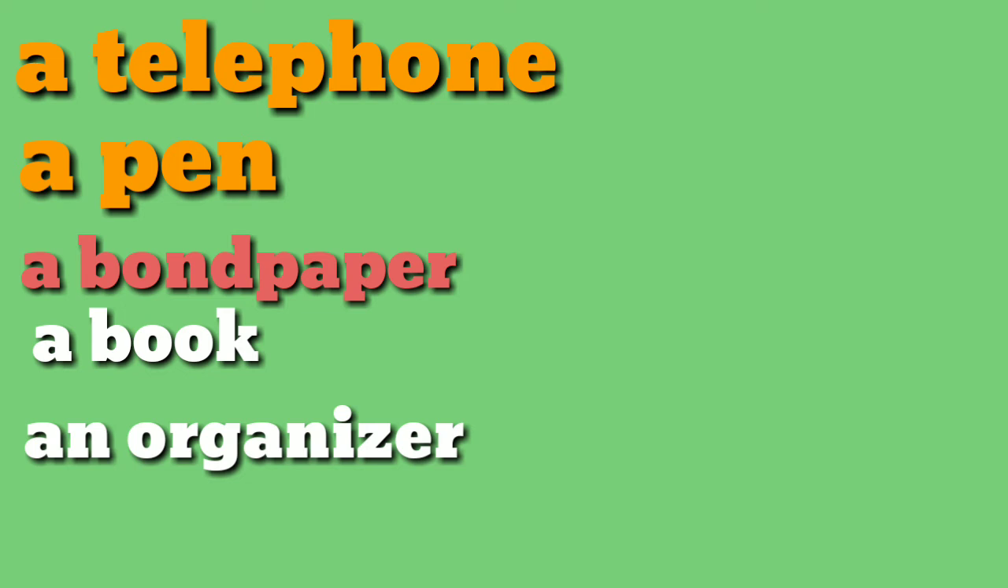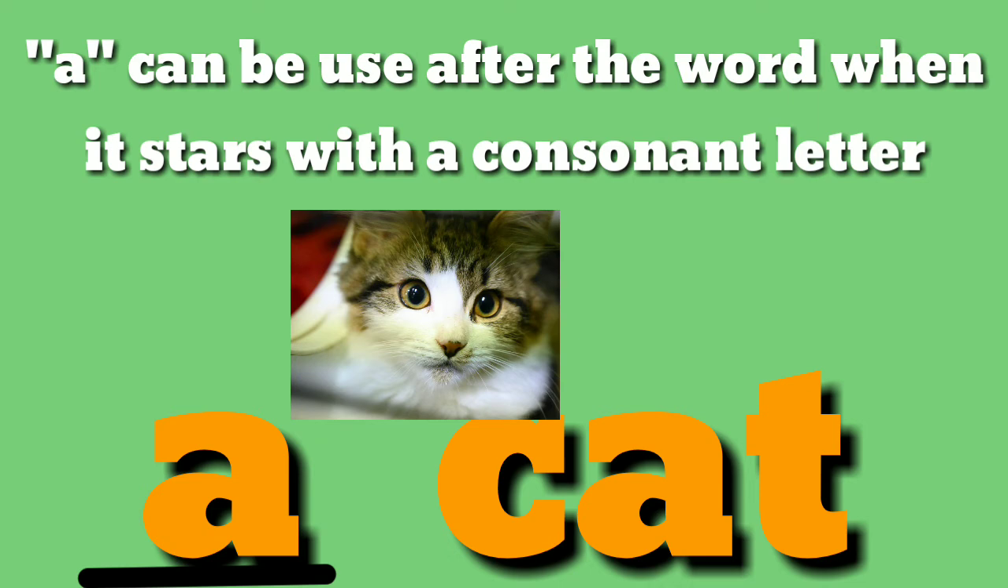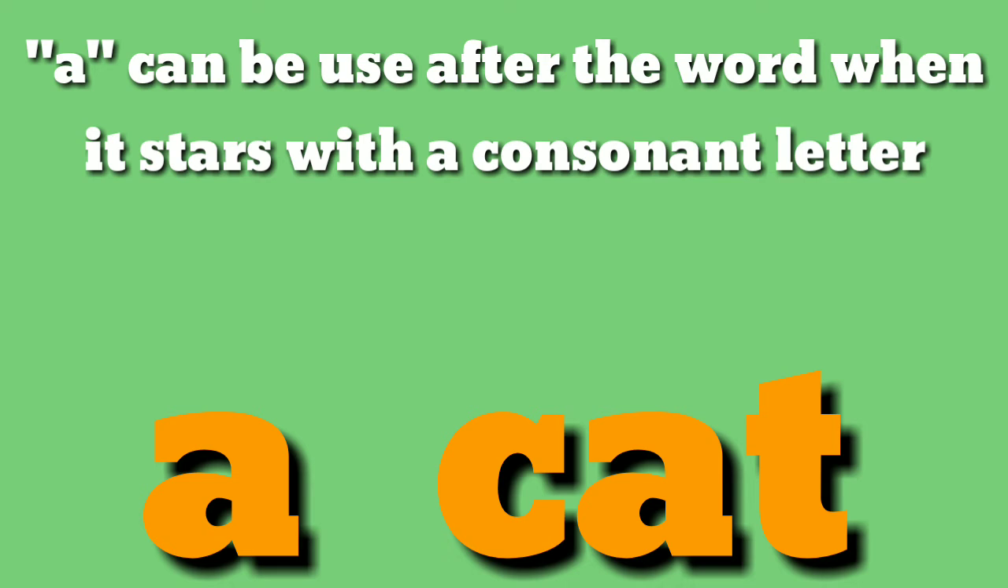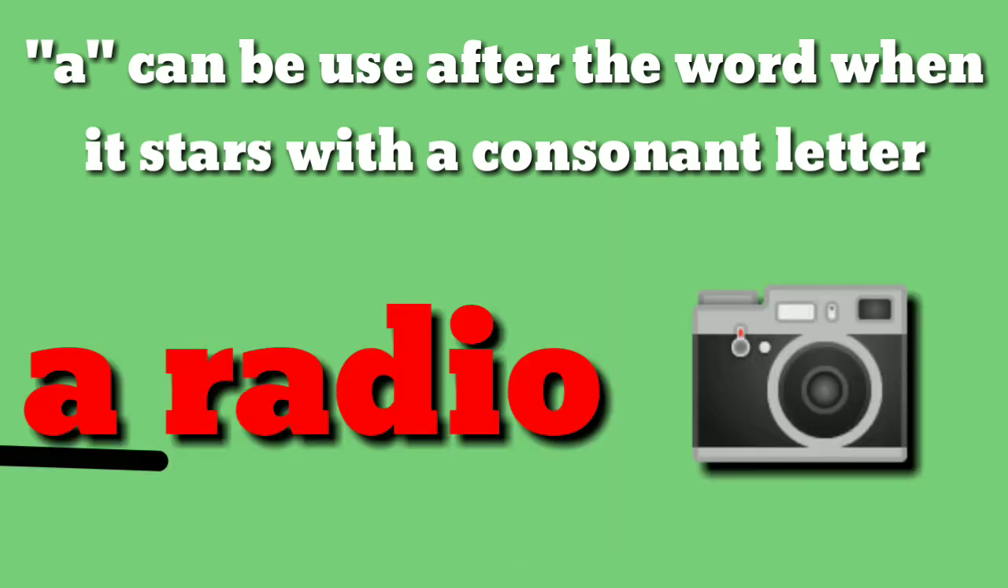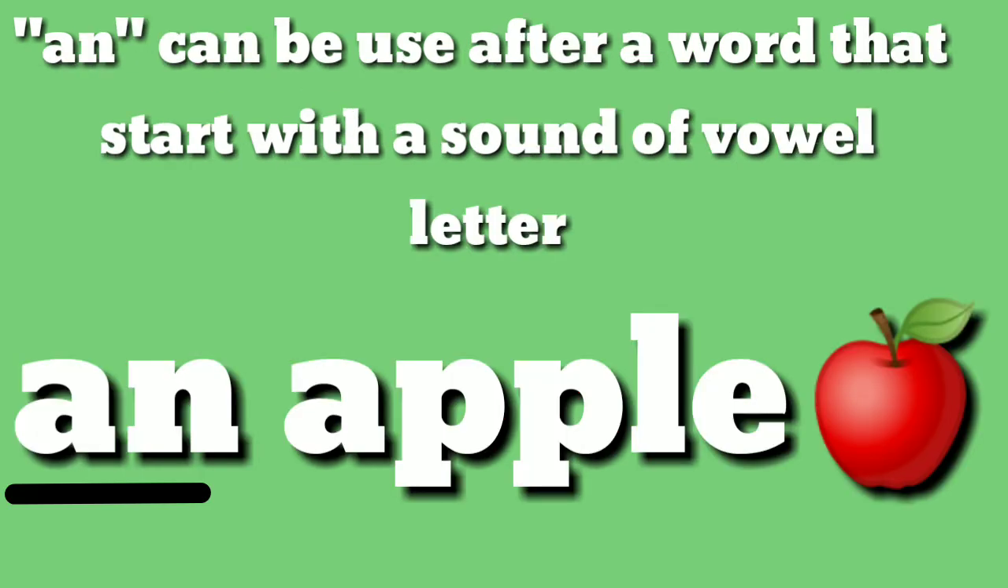Let's try to examine the examples. A cat. So we use a because the word cat starts with a consonant letter. Next, a book. We use a because B is a consonant letter. Next, a radio. So we use a because R is also a consonant letter. A radio. At this example, an apple. So we use an because